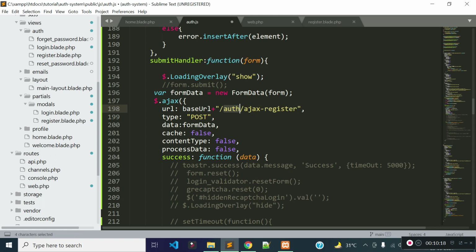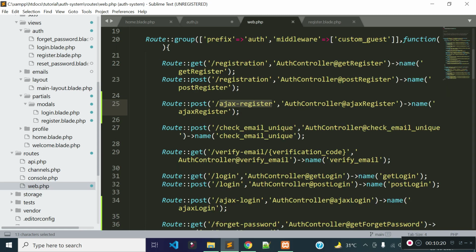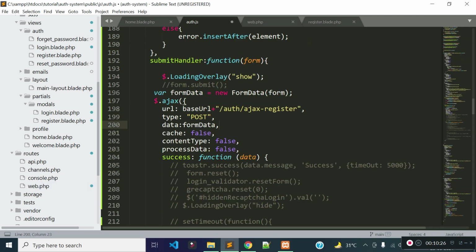Why is there auth here? Because this route is under a route group of prefix auth, right? And how can we use the base URL here? Because we already stored the base URL of our project to a global variable baseURL inside our main layout.